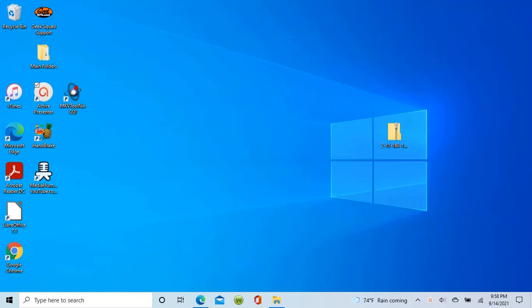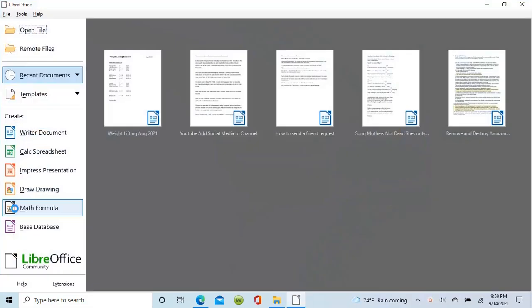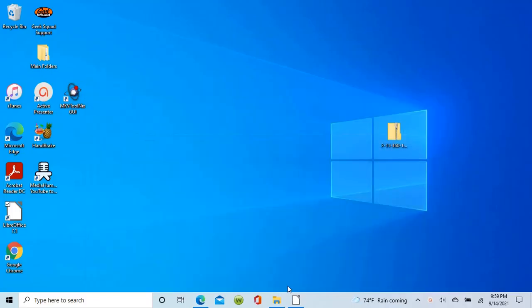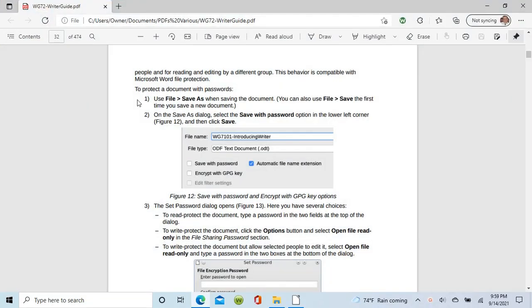Okay, so today we're going to learn how to password protect a document in LibreOffice. And we're going to be using the Writer document program. Okay, so what we're going to do here is we're going to copy